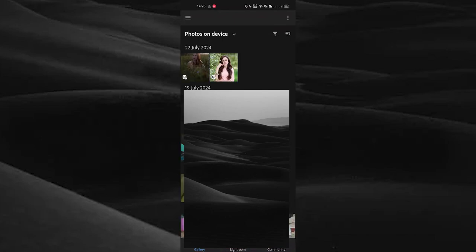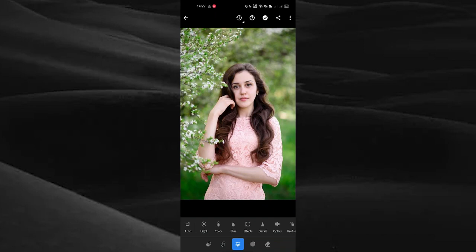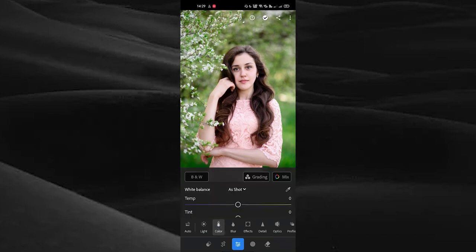Here you can see the images in your gallery. Choose the required image to edit. Here you can see the edit option on the bottom mid side. Tap on it. Here you can see the color option. Tap on it. Now you can see the grading option. Tap on the grading option